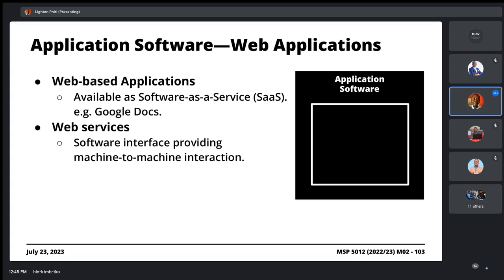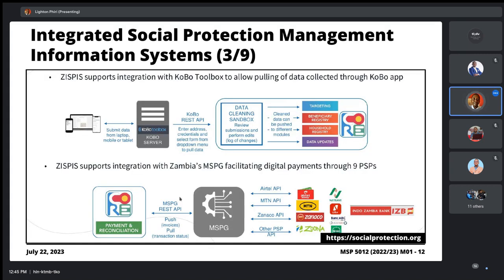In addition, you have so-called web services. Now, web services will come up when we start our discussion of interoperability. Again, I want to draw attention to the discussion we had when we were looking at this high-level representation of the different elements associated with this piece. We discovered that this piece actually interacts with other external systems like Airtel systems, MTN systems, Zanaco systems. When you're making those payments, these are not done offline. They're done, I hope, using the system itself, using this piece. That is possible because this piece and these other systems speak to each other.